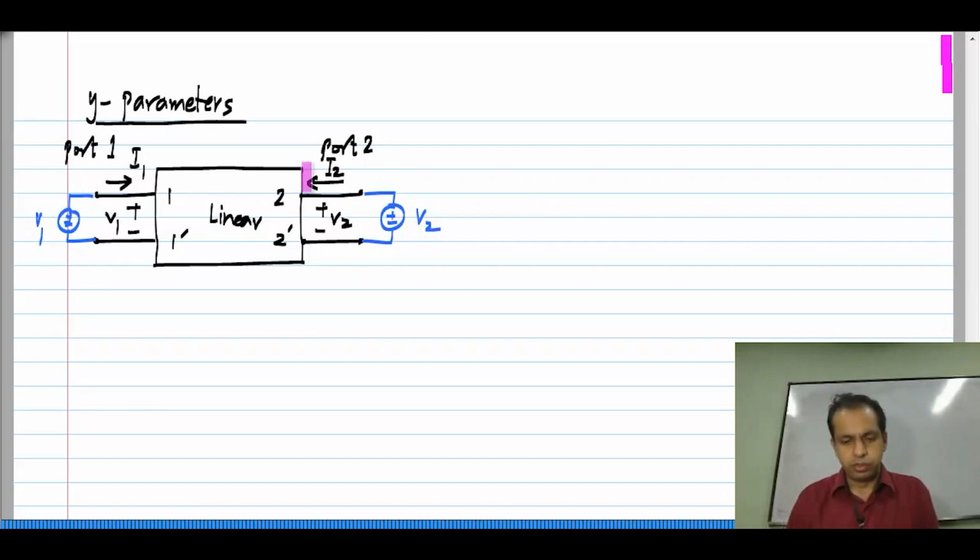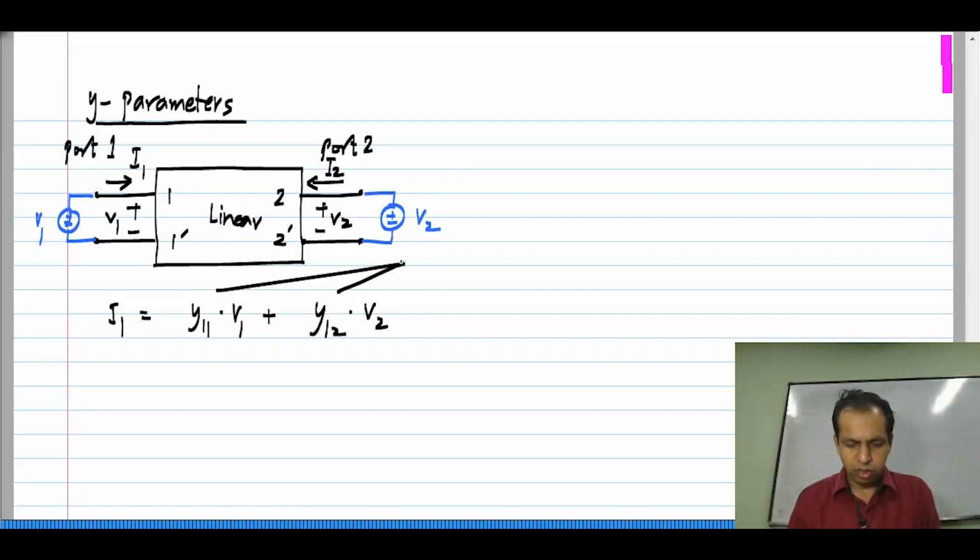Now, as we know, because this is a linear circuit, every branch voltage and current inside will be a linear combination of the independent sources applied, which are V1 and V2. So, I1 and I2 will also be linear combinations of V1 and V2. So, I1 will be something times V1 plus something else times V2. Now, clearly, to have dimensional consistency, these quantities here must have dimensions of